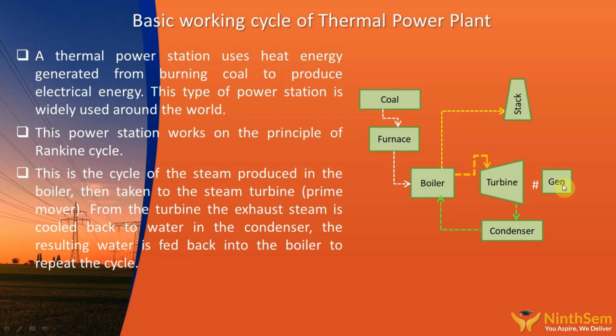The turbine rotates and the generator produces electricity. Once this work is done, the exhaust steam comes to the condenser, is cooled again and circulated back to the boiler. So this cycle of operation repeats continuously to produce electricity. This type of repeating cycle follows the Rankine thermodynamic cycle. We will discuss each system involved in the thermal power plant hereafter.